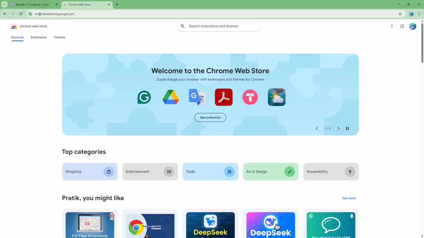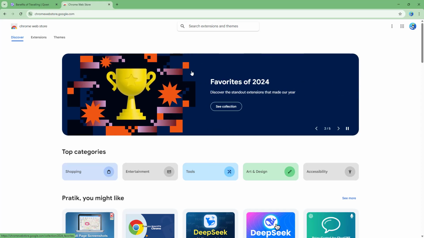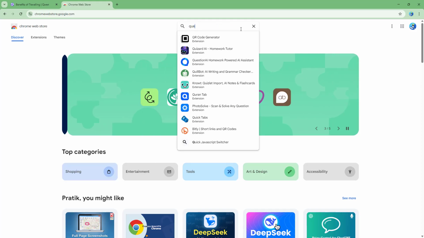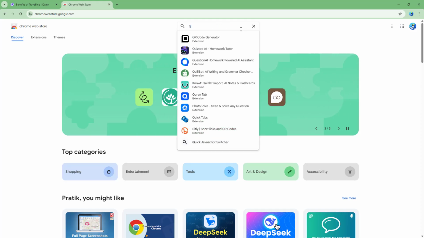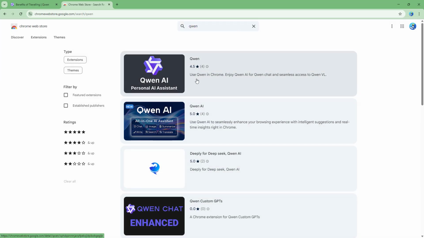You can also go to chromewebstore.google.com to access this. And you can then install this extension in any Chromium-based browsers like Microsoft Edge or even Brave and so forth. So over here, what I'm going to do is type in, let's say for example, Qwen right here. So Qwen right here. And if I do that, you can see it says